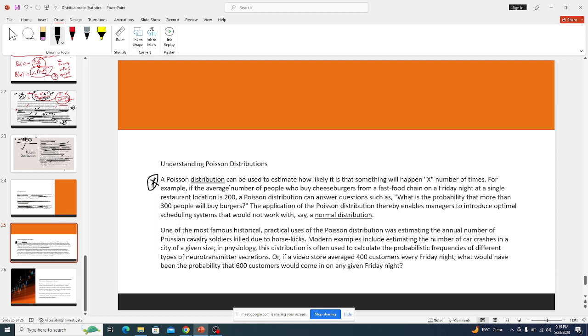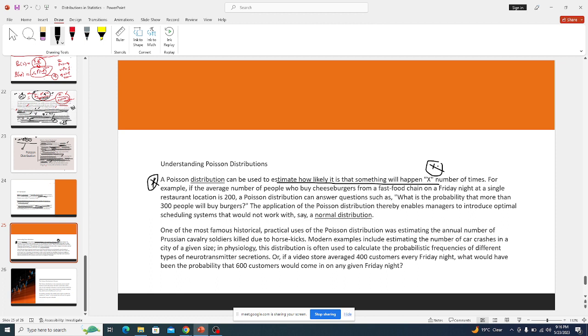A Poisson distribution can be used to estimate how likely it is that something will happen x number of times, like the probability or likelihood of an event happening more than n times. For example,